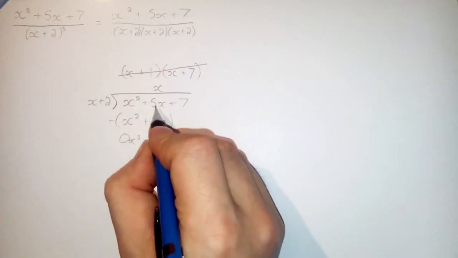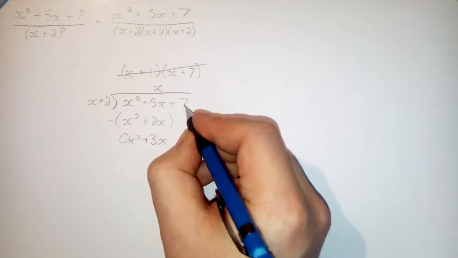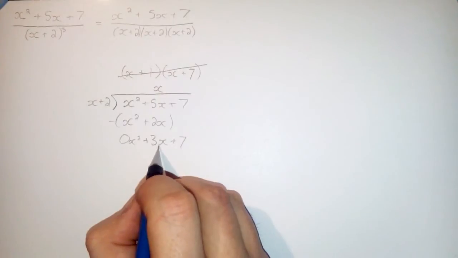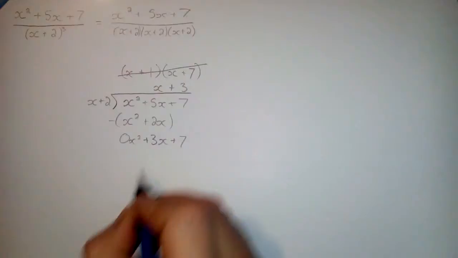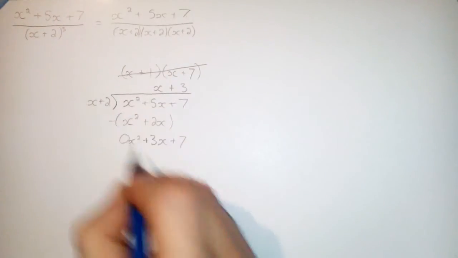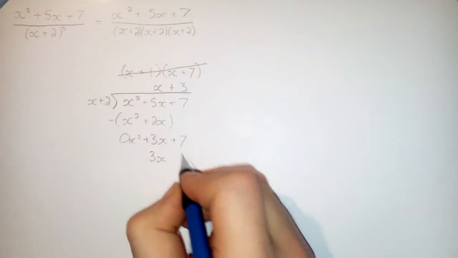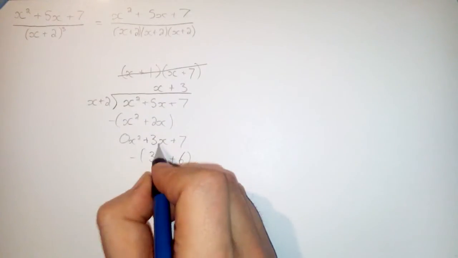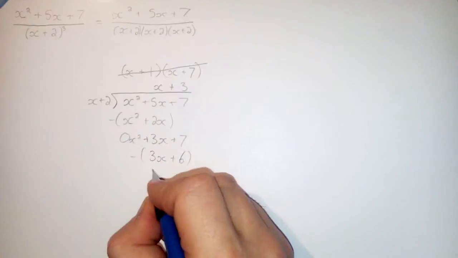Subtracting 2x from 5x leaves us with 3x. And nothing happens to the 7, so it just comes down. Now to get 3x, we would have to multiply this by 3. So when we multiply by 3 through the whole thing, that gives us 3x plus 6. Subtracting all of this from our remainder gives us no x's